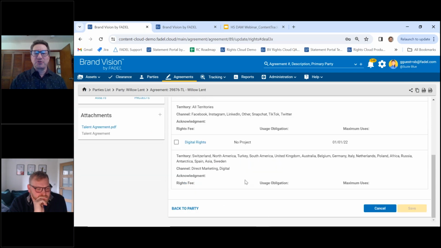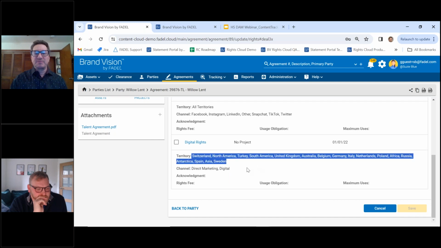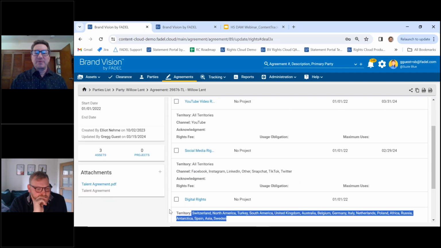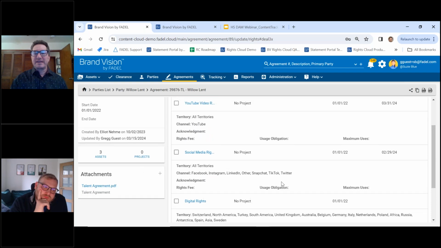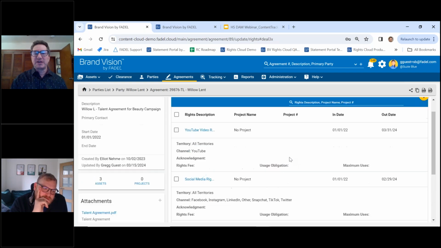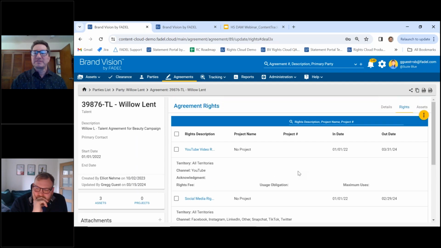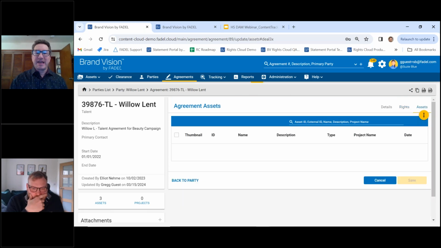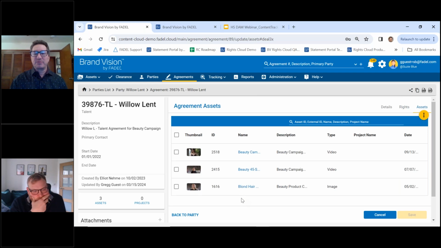And then digital rights for digital marketing and digital website, brand website, et cetera, is very limited geographically. So again, hard data to capture in a standard metadata field. You need something built for purpose there, so that you can capture all of this and then tie it back to Willow, to that agreement, and then look very simply at the assets that are tied to that agreement that we've done with Willow and have access to tie that data back to that asset in your DAM